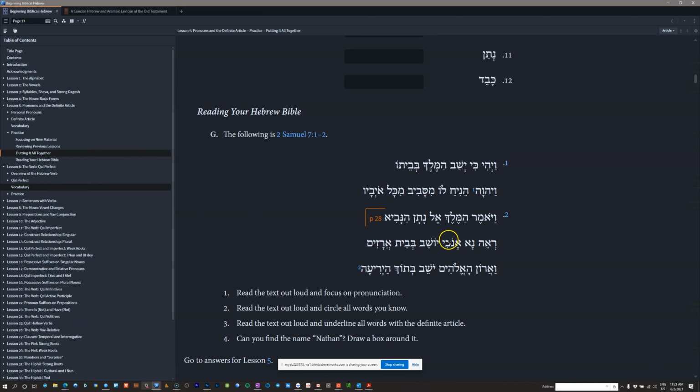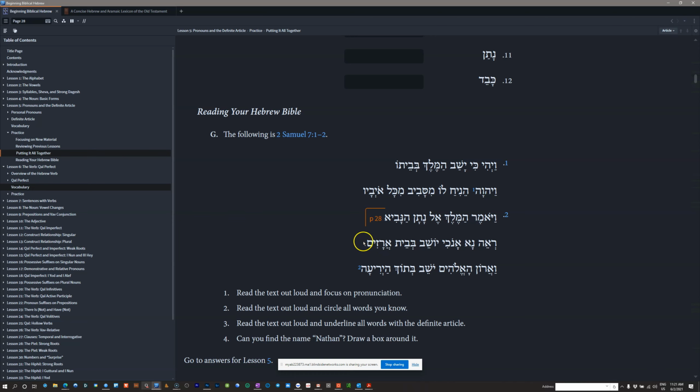It is being used predicatively here. That's something we'll talk about when we get into adjectives in lesson 10. But the translation basically is going to be, I am dwelling in a house, arazim. Now, I do not remember what arazim, this is what we refer to as a construct. So we'll learn that in lessons 12 and 13. I'm dwelling in the house of